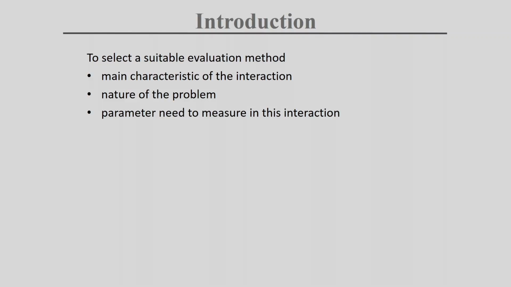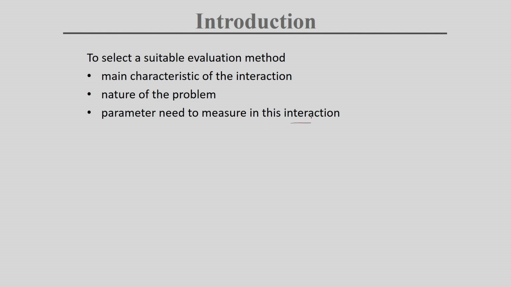So in this case, it is important to understand how much force or ability they have. What is the ability and limitation of the user who can use this product? Depending on that, you can redesign your product. You can evaluate that parameter, and then you can think of redesigning this product. Next is the parameter to measure in this interaction. In this case, it is the minimum force and minimum torque you need to apply. It is very important to do it successfully.